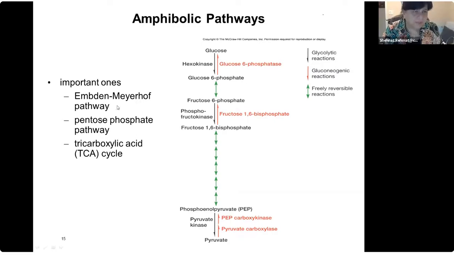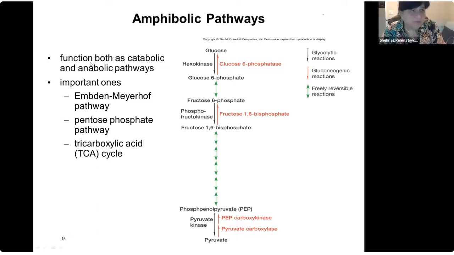So if you look at it, the pathways that we will study, and you've already studied these, are your Embden-Meyerhof pathway. This is also an amphibolic pathway. We are showing it to you here. The pentose phosphate pathway, which we'll look at also later, is also amphibolic. And even your tricarboxylic acid cycle, the TCA cycle, is an amphibolic pathway. So just establishing that the cell definitely prefers to have amphibolic pathways, so that some of the enzymes can be used commonly for synthesis as well as for breakdown, and a few exceptional ones for each pathway is what we'll be studying now. Okay,